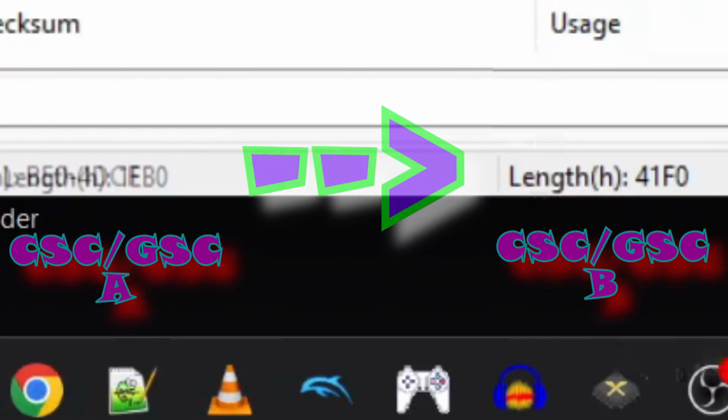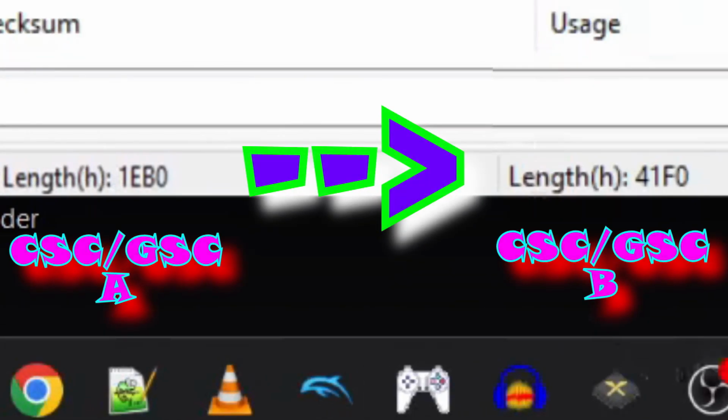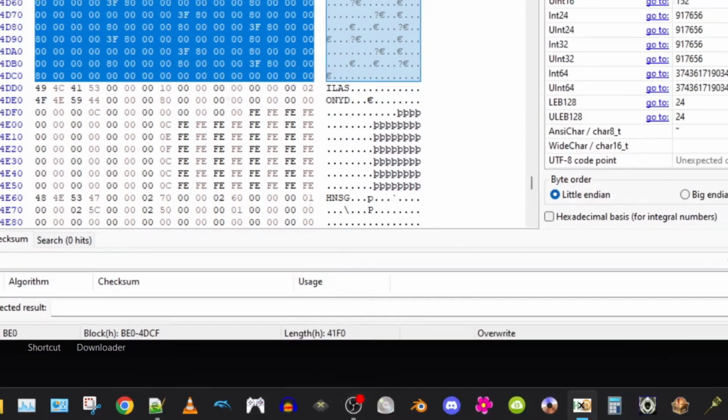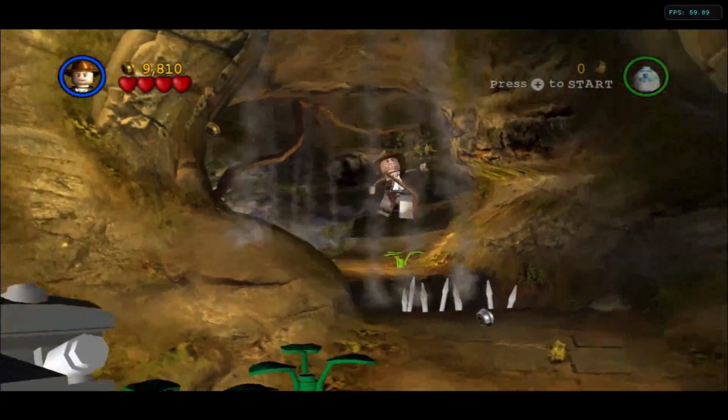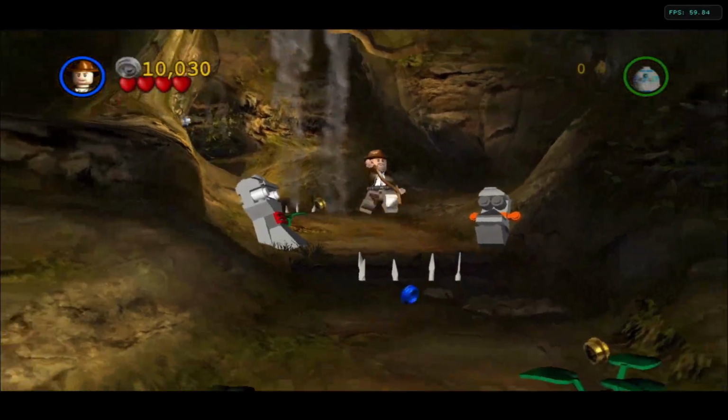In this case, the length of CSC/GSC-A's mesh is 1EB0 in hex, and the length of the mesh we're overriding is 41F0 in hex. Far larger than the 1EB0 worth of space needed to copy over the mesh data. Now that we've verified that the two mesh files we've opened are indeed compatible with each other, I suppose now